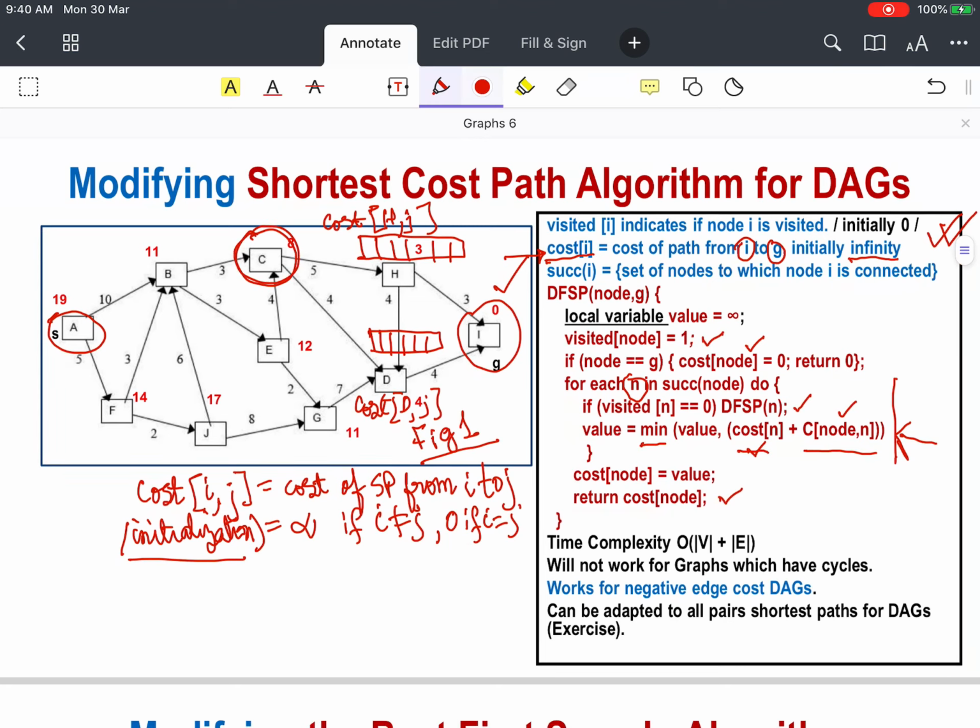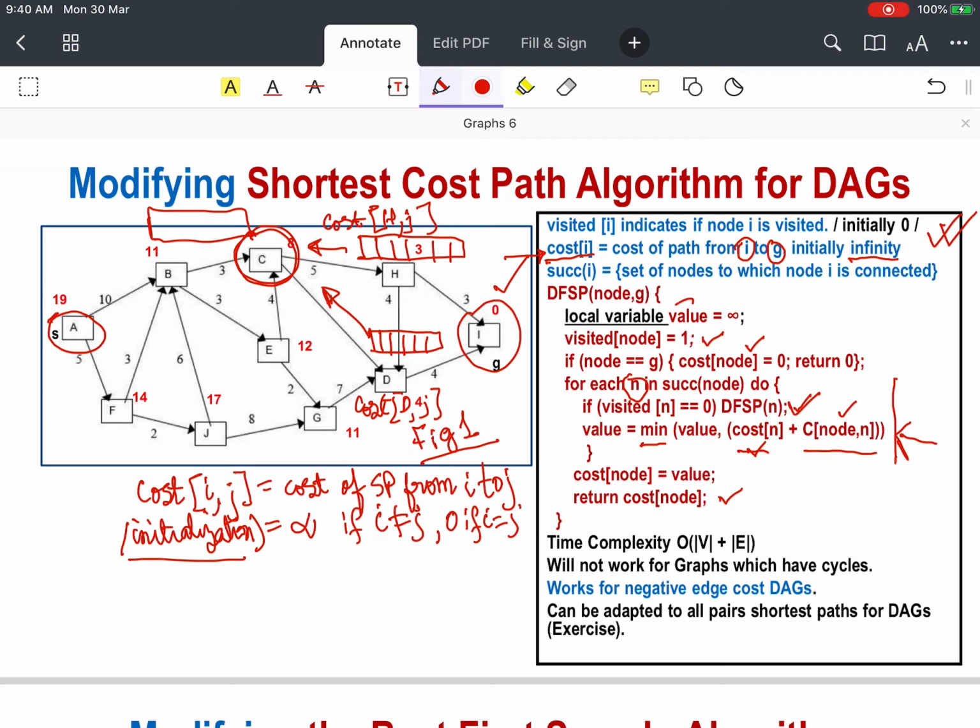Then this node will first recursively call these nodes as before, and from the values obtained from these nodes, it will now create the cost vector for node C to all other nodes. That is all it will do. And it will use the same algorithm technique that it did to find the cost to the goal G. Now it is extended to find the cost to every other node.